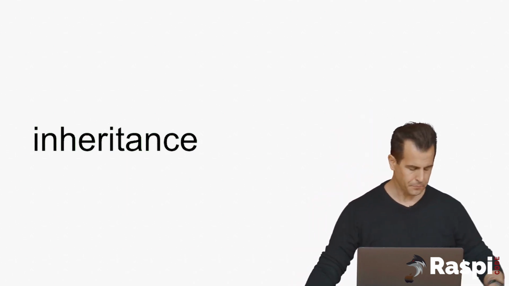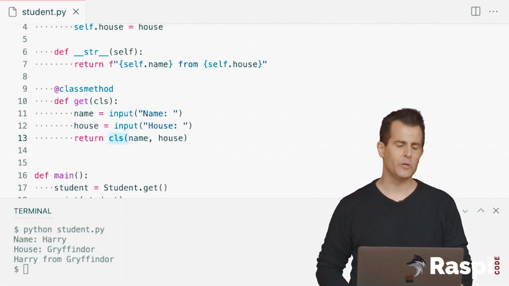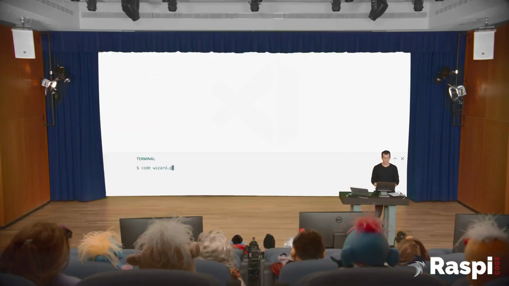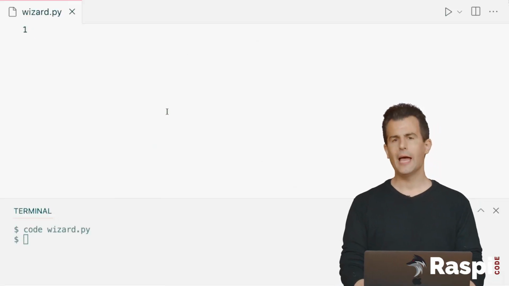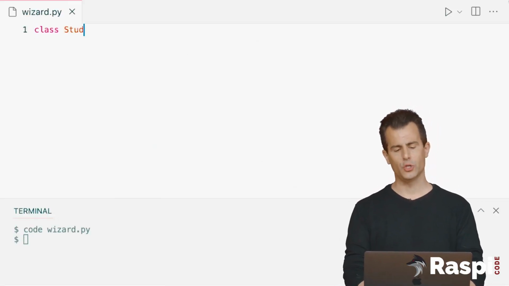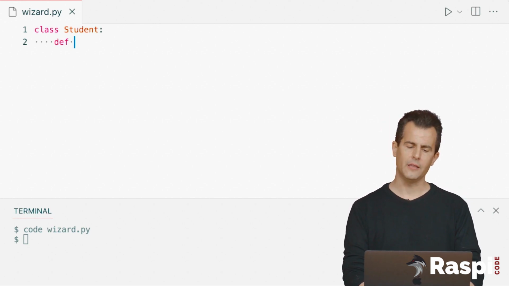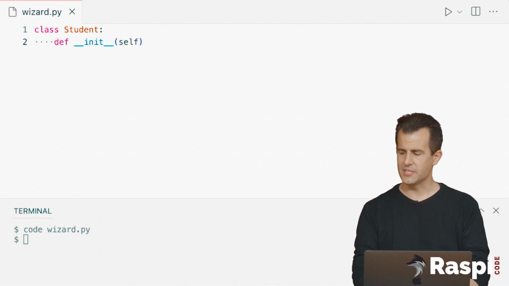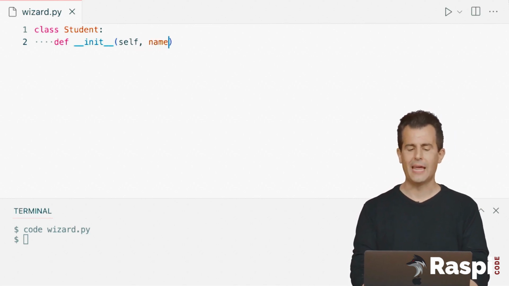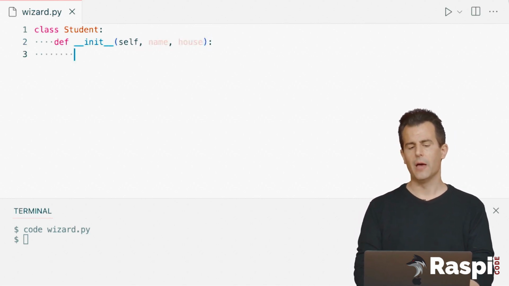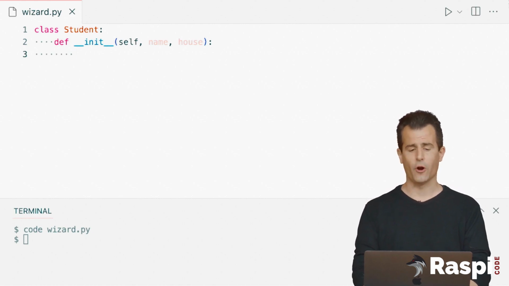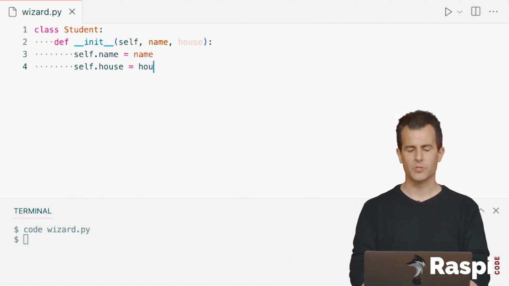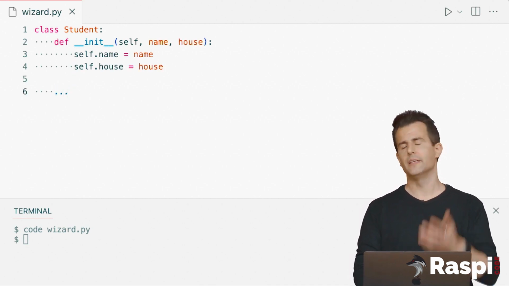Well, let me propose that we implement over in VS Code here a brand new file called wizard.py. Let me go ahead and run code of wizard.py. And then let's start as before defining a class called student. And let's go ahead and first define the __init__ method, which of course is minimally going to take an argument traditionally called self. And in this case, let's also have it take as before a name and a house. And then in this init method, let's go ahead and assign the instance variables self.name equals name and self.house equals house. Let's assume that there's some other functionality in this class as well,